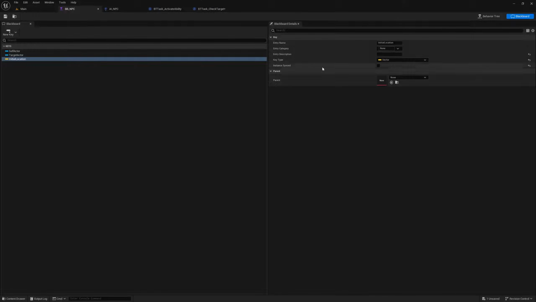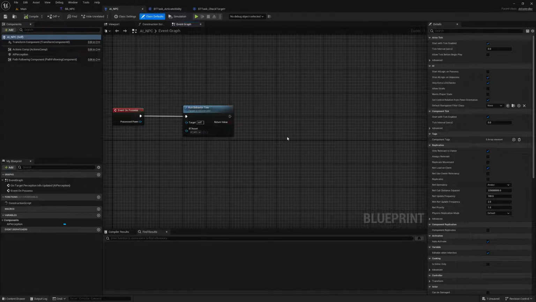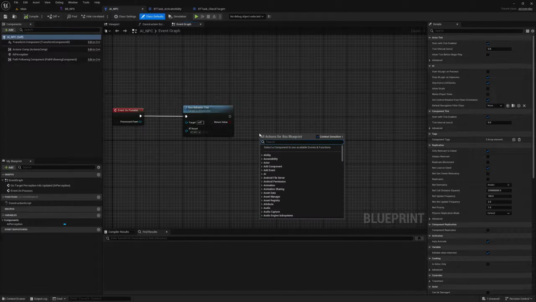Initial location may not have a value, so we need to ensure that it has a proper value. So in the on process I'll get Blackboard